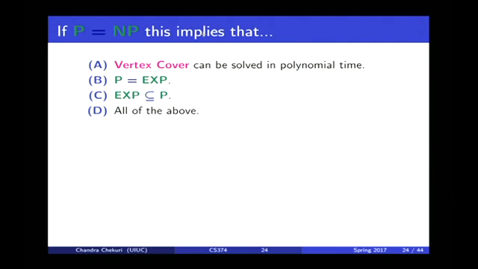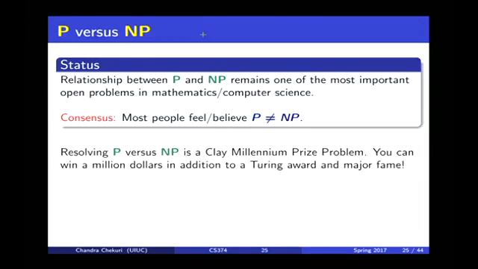Anyway, so what is the current status? Most people think P is not equal to NP. Right? Why? Well, it is because people tried many things. Maybe that's not convincing, but you can win $1 million if you solve this. That doesn't seem like a lot for this fundamental problem, but it's one of the